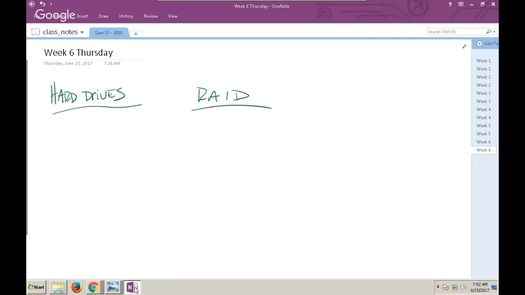Okay. Now today we're going to take a look at hard drives, as I've already mentioned. Now I know sometimes students are like, "Hey, hard drives are old technology. Why are we talking about those things? We're talking about SSDs and other cool stuff like that." Your textbook has some material on that that you can go through.